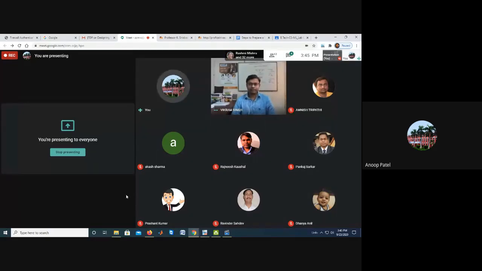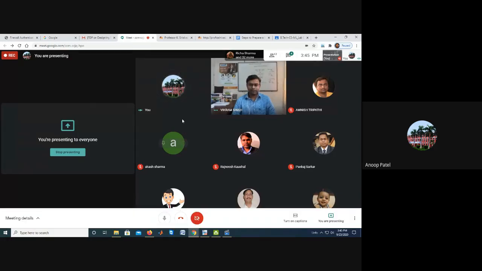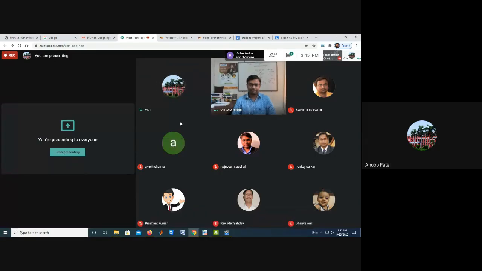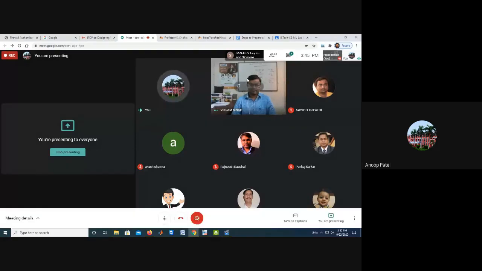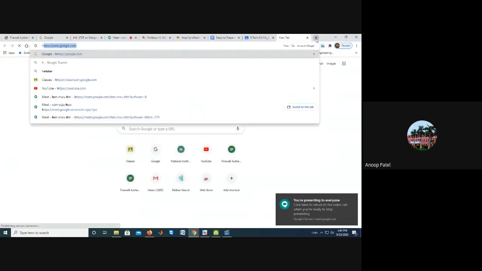There are different tools, and those tools will be discussed in further sessions, maybe the day after tomorrow. One of the tools I want to discuss, which is mostly used by different people, is Handbrake. Handbrake is one of the very simple tools used to compress video, and first of all you can install Handbrake.